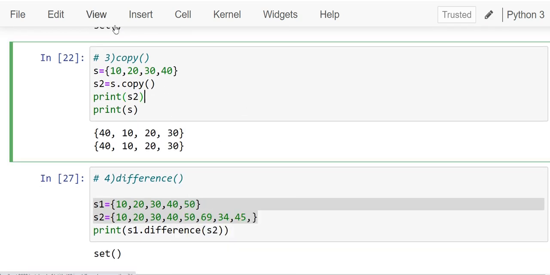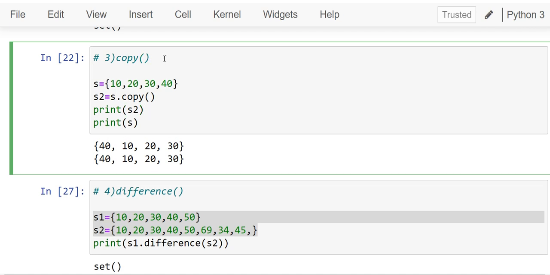Coming to the copy method. While you are working with the built-in methods, try to work on your own, execute the programs in online compilers, analyze the output, modify the code and analyze the error. When you get more and more errors, you will gain more knowledge regarding the particular programming language. The copy method is used to copy set items into another set. To copy set items into another set, we work with the copy method.